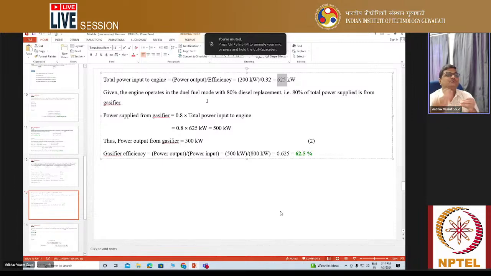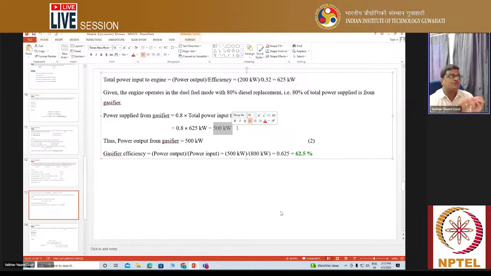The total power input to the engine is 625, so 80% of that is 500 kilowatt. That 500 kilowatt is the power contributed from the gasifier fuel. And the remaining, that is 625 minus 500, gives you the contribution from the diesel fuel, right? So the summation of these two is the 625, which is equal to 100% of